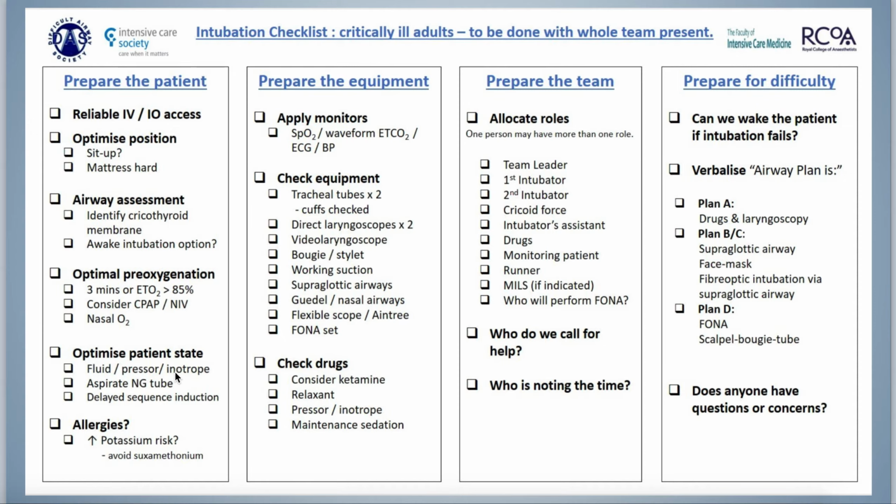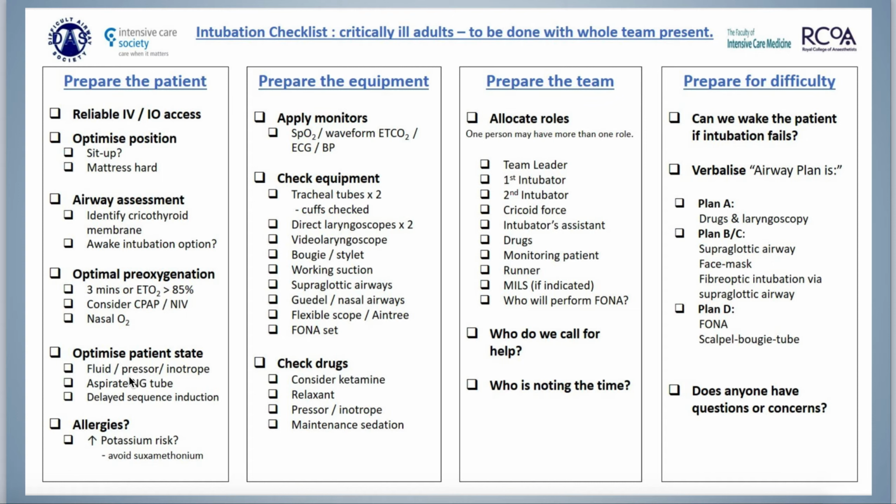Many times we give propofol and we are surprised with hypotension. That's because the patient's hemodynamic state was not good before the intubation trial. So try to give some fluids, and prepare vasopressors with you, just in case. If blood pressure goes down, you need to intervene immediately by giving a vasopressor